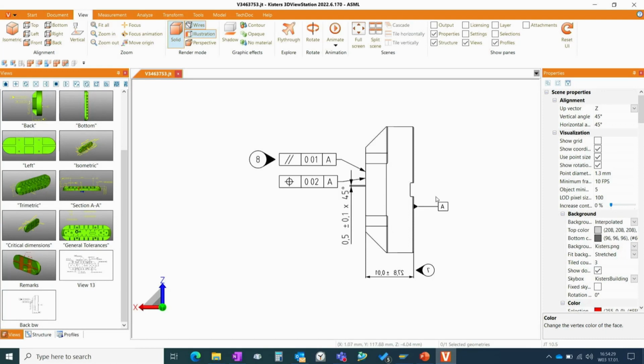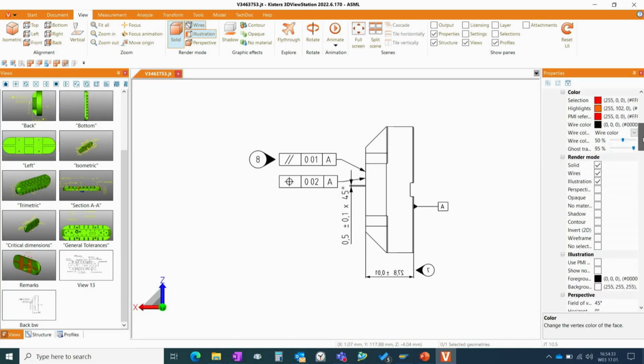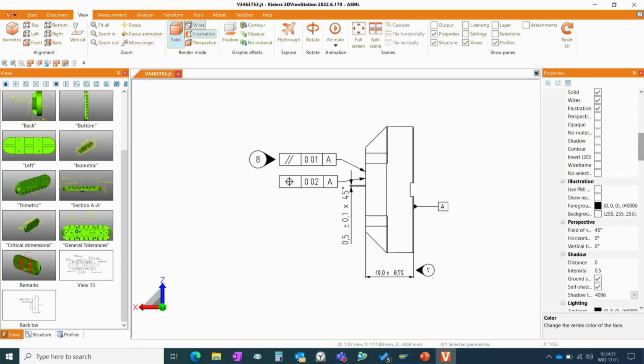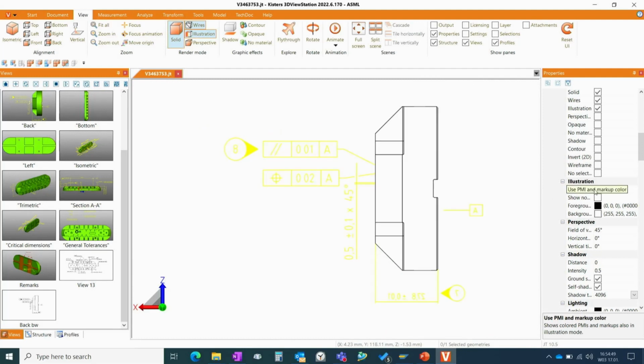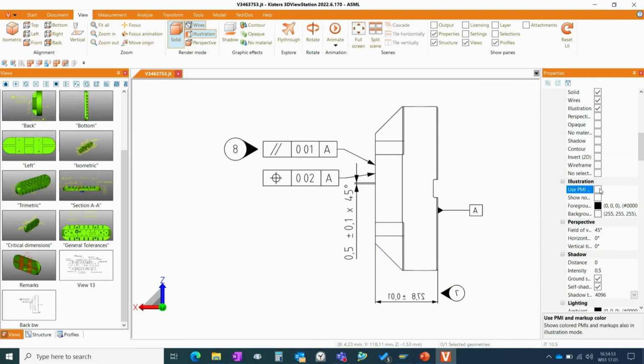And there's just one thing I would like to mention, a little tip. If you experience that the black and white is not really black and white, there's just one setting here in the illustration mode, which is called use PMI and markup color. If this one is enabled, then the PMI is still colorized. Please make sure that this option is disabled. Save it to your profile again. It's just a one-time action, and then always just one click of the button works with creating black and white